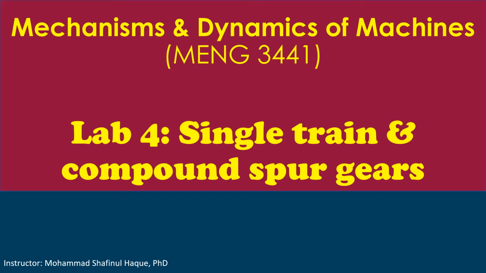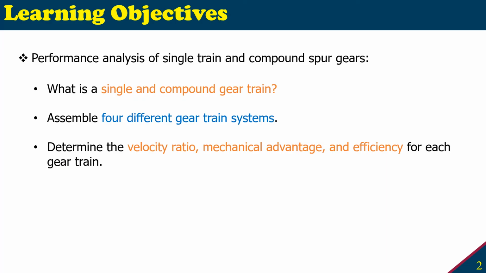Our fourth lab is the single train and compound spur gears. In this lab, we're going to do performance analysis of three different types: single train gear arrangement and one compound spur gears. The learning objective is that we'll learn what is single and compound gear trains, why they are different